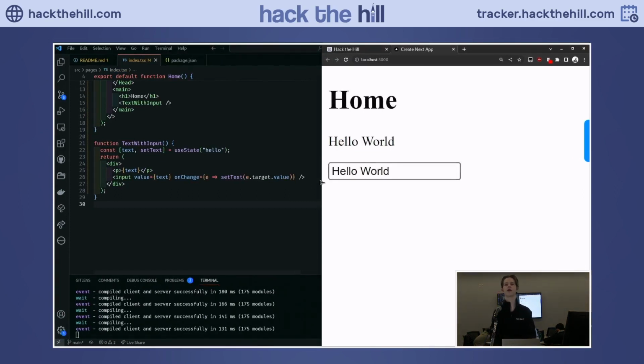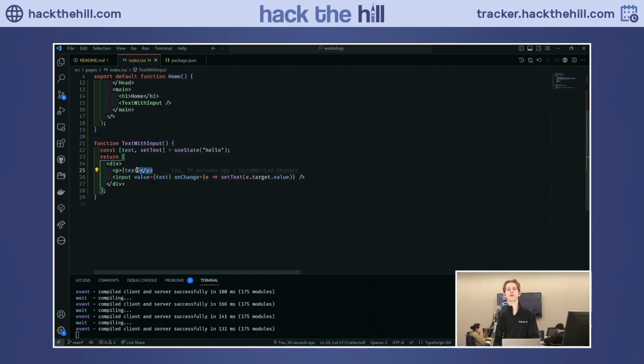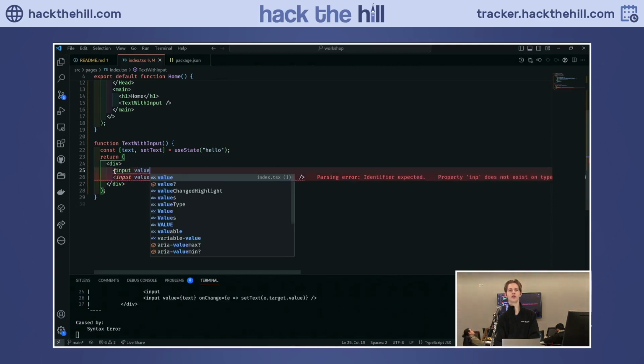And if you want to have multiple of these, maybe you want to have 2 input elements, you want to have them go both ways, we could try that right now. Or anything else beyond that, it just becomes a lot more complicated, a lot faster. We can do that. So we have,